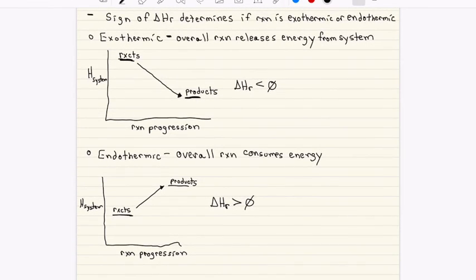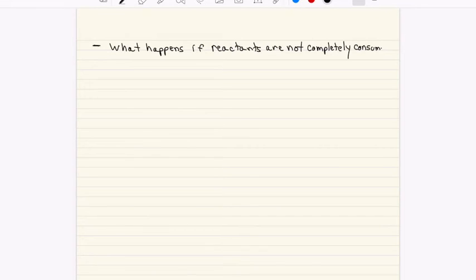But now let's think about what happens if in your reaction not all of your reactants are consumed. Let's think about how you actually calculate the delta H of R for your system, or the enthalpy change for your system, when not all of the reactants completely react. Basically what you do,